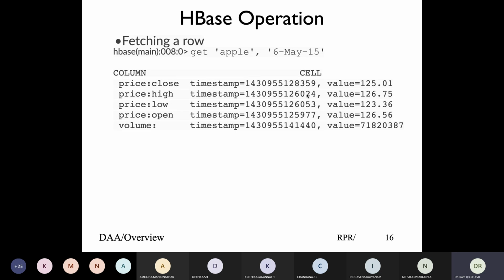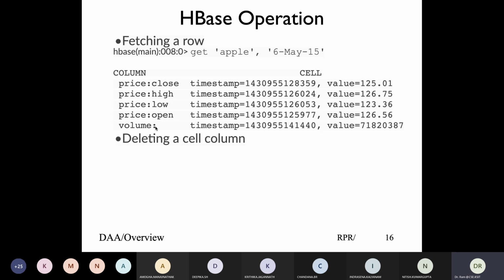So it's not that all the fields of a row will be updated at the same time. Different cell fields could have different update values, and those are indicated by the version number. So these four columns belong to the column family, and then you have volume, five columns.